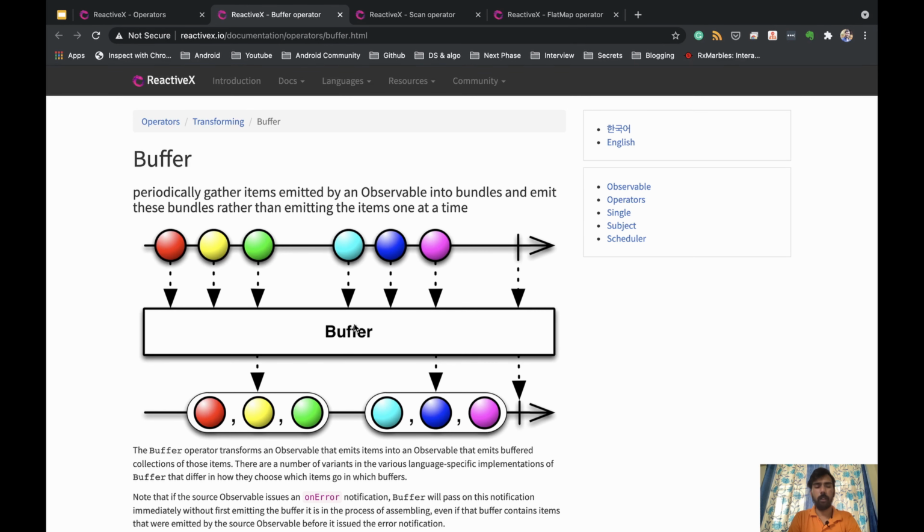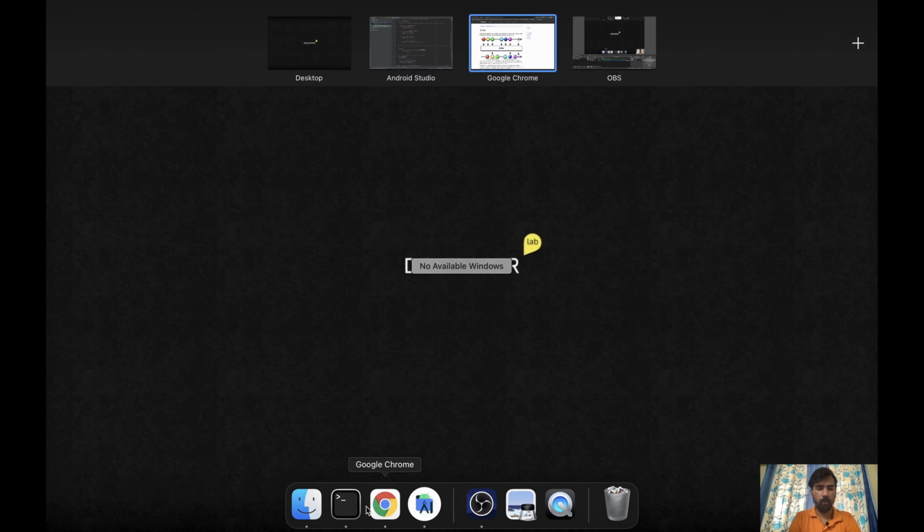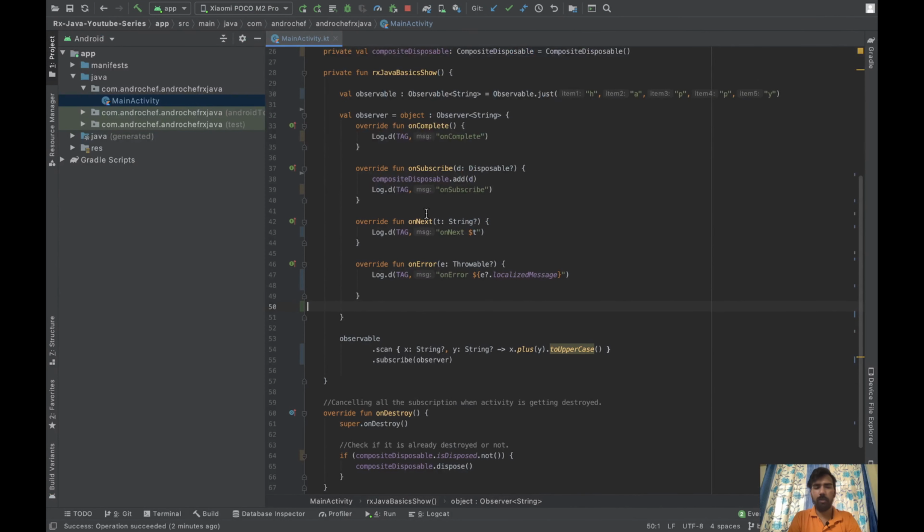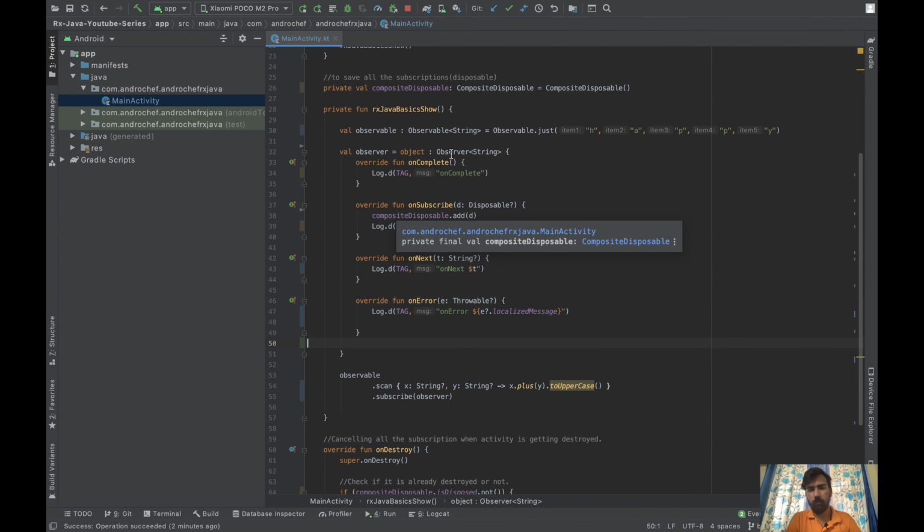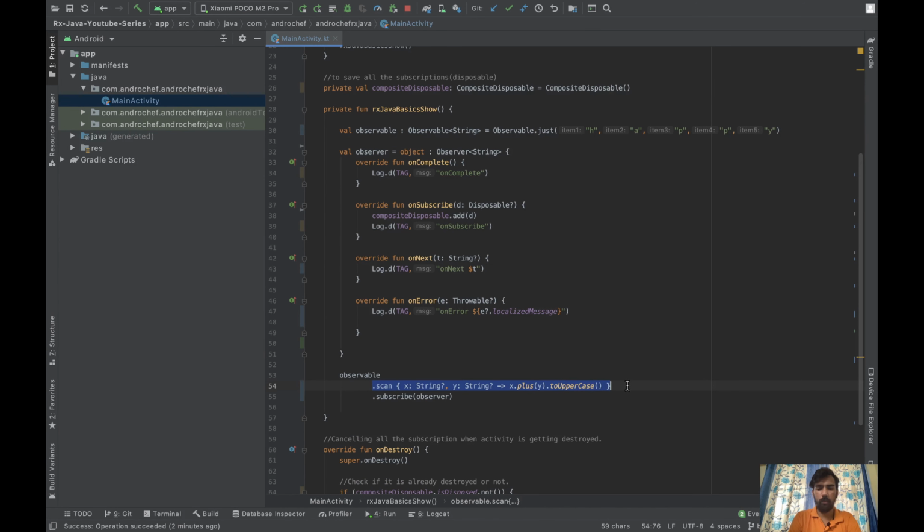So let's understand this by implementing. We'll use the same code, same example. As you can see now, we will remove this scan. Now we need all this data in two groups, right?